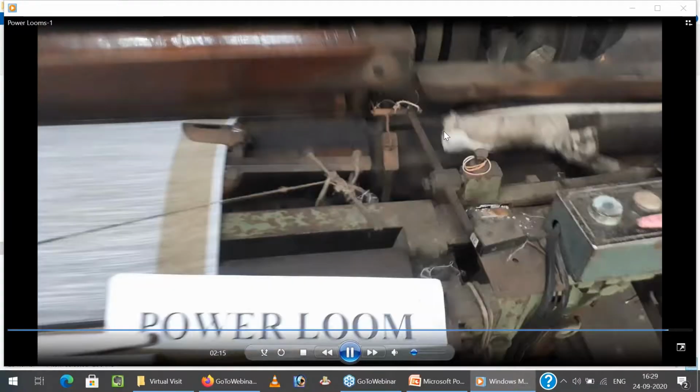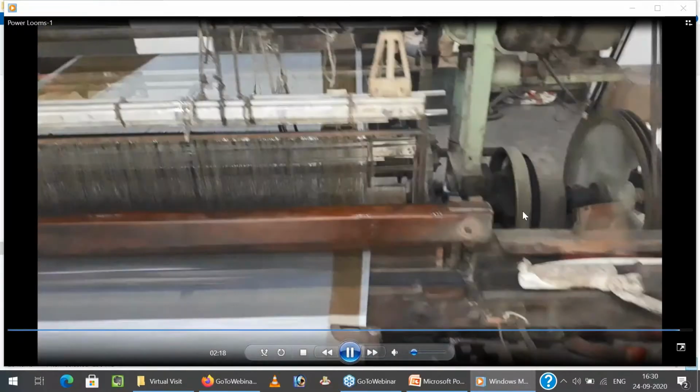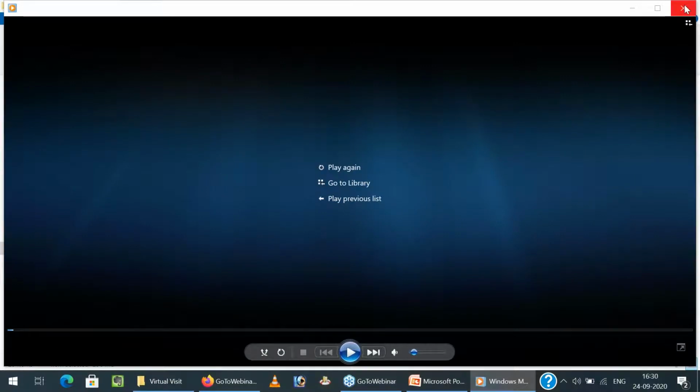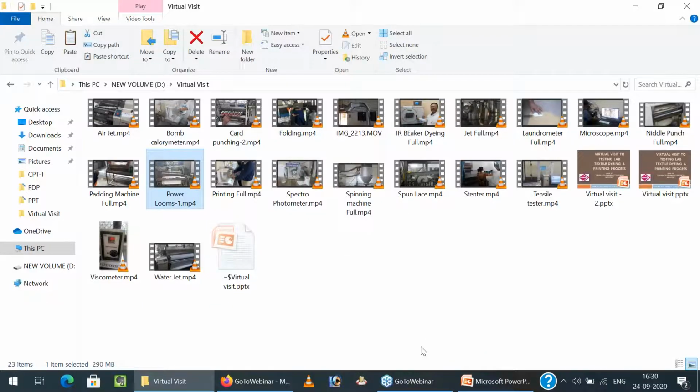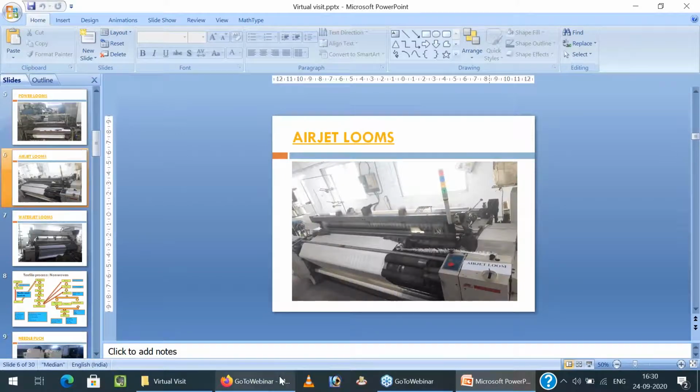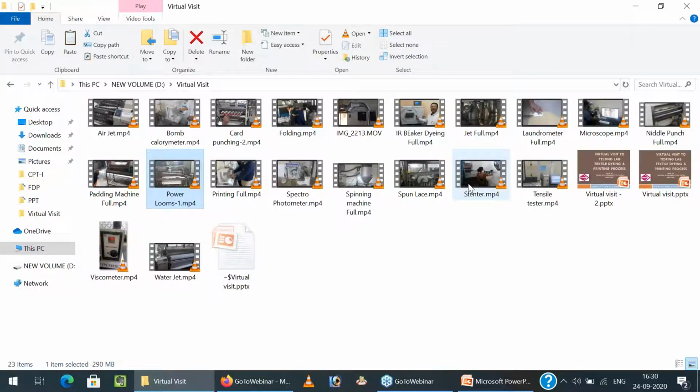So the warp yarn and weft yarn make the cloth. Now all the advances come in this weft insertion rate and weft insertion technique. Here the shuttle carries a huge amount of mass. Next is the air jet loom. Now in the air jet loom,